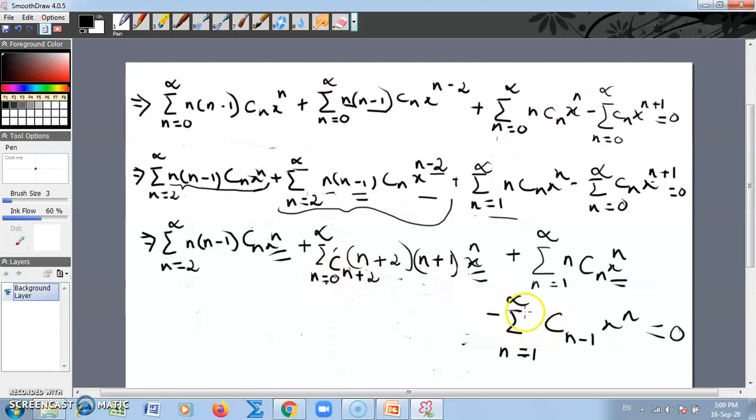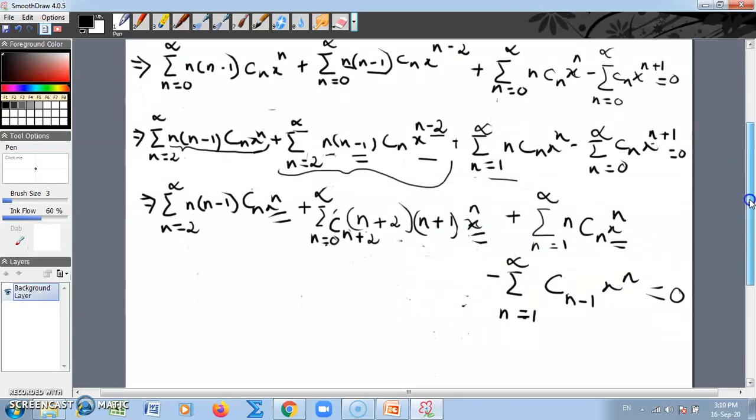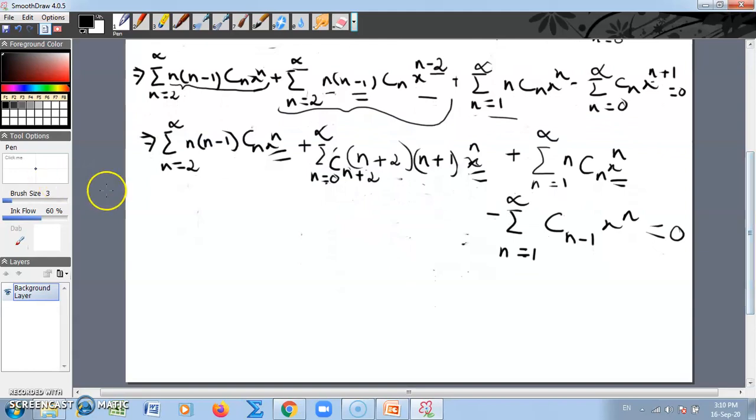So this is the expression, and let us go to the next part now. This implies n goes from 2 to infinity, n minus 1. So we are not changing this in any way. Cn x to the power n plus